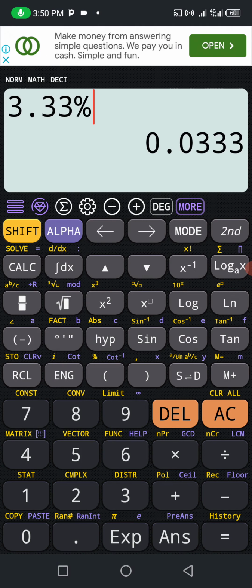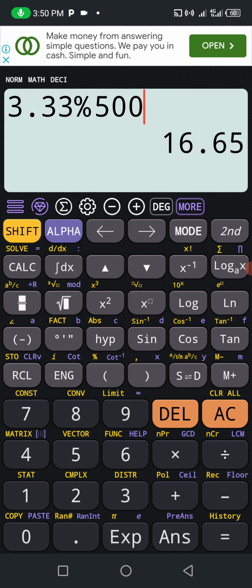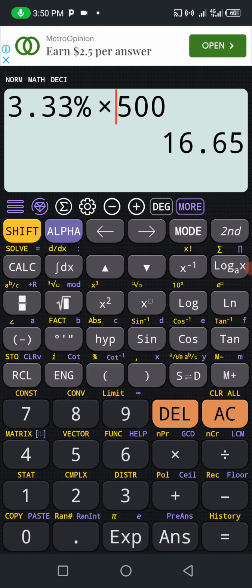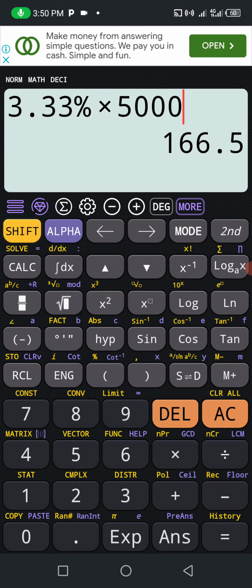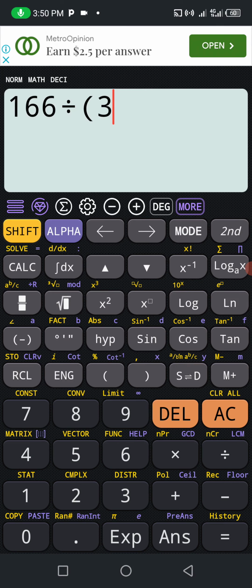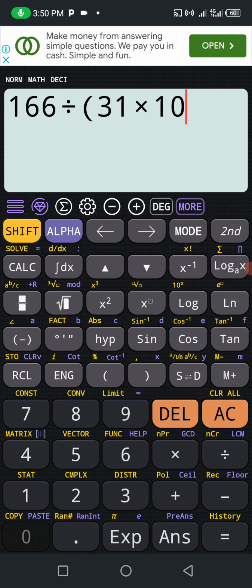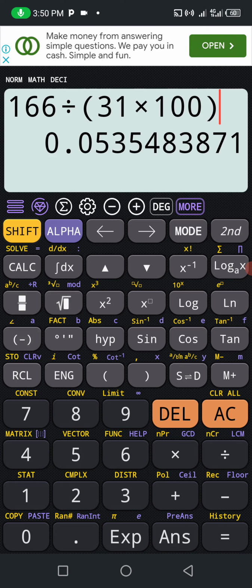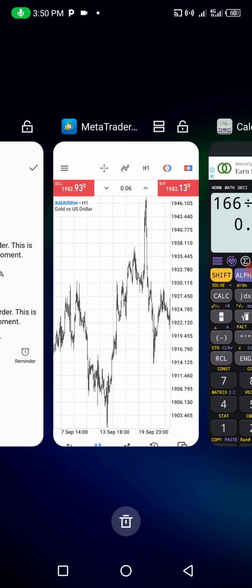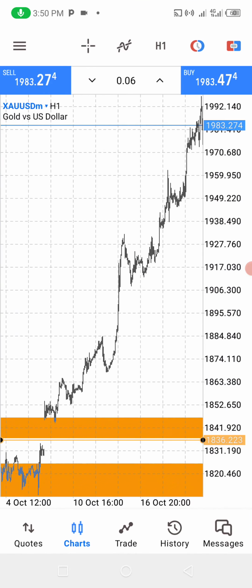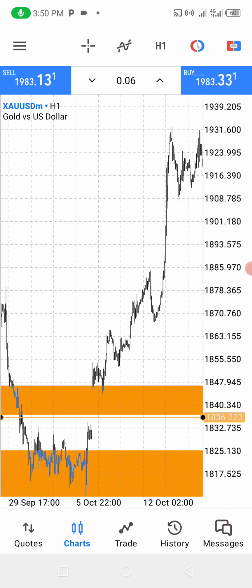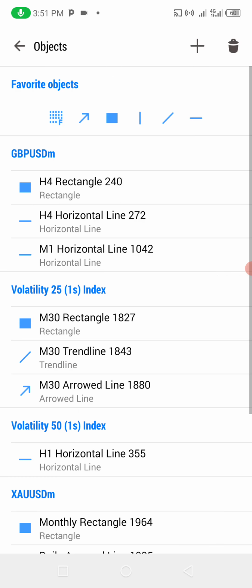Okay, now let's go. We are now going to apply 3.33% on a $5,000 account. You don't need to actually use your equity. No, you use your balance. So 5,000 the deposit. So here we are now risking $166. So $166 divided by 31 pips by $100. So you can see that our lot size has increased to 0.05. We are now going to add 0.05. When we add this 0.05, we're actually adding it around this price, right?